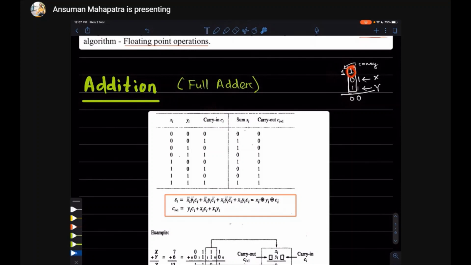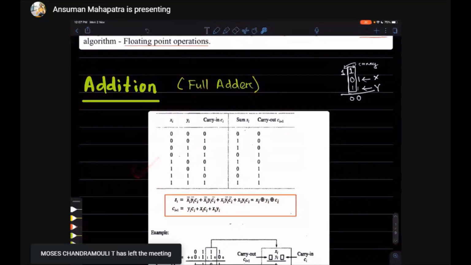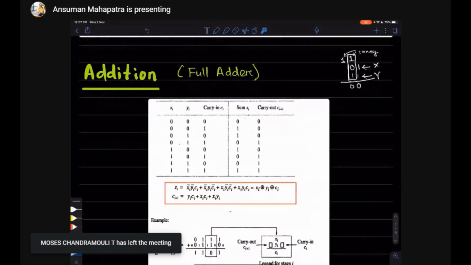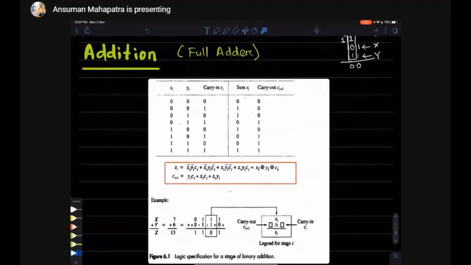Carry in is the third parameter here. So after doing the addition, if you are adding 1 plus 1 plus 1, the sum will be 1 and there will be a carry. That's what is written here. All these types of combinations are possible. So in a 3-input system we get 8 different combinations and the corresponding sum and carry out. This is the truth table for this adder.